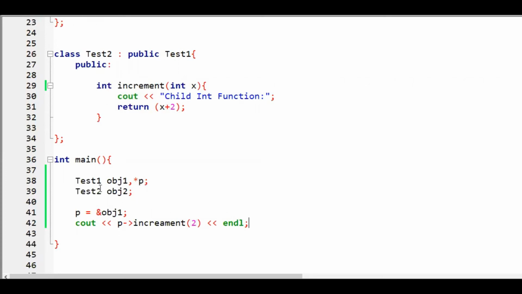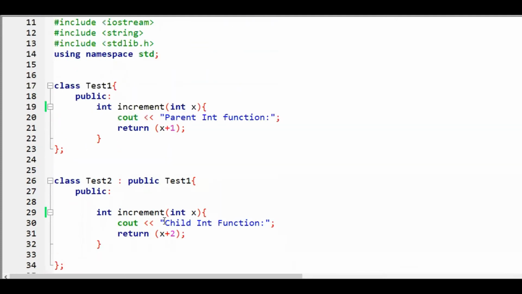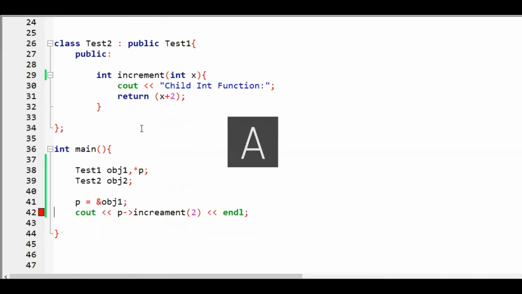According to this logic, p has the address of object 1, the test1 class, and by using p we are using increment and passing 2. So this method will be called, and it will print parent int function, and the value would be 3, right? Let me execute it and see the output.